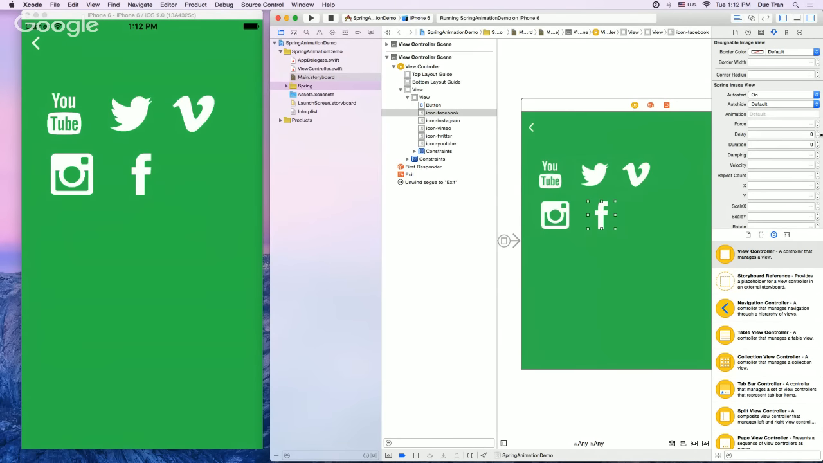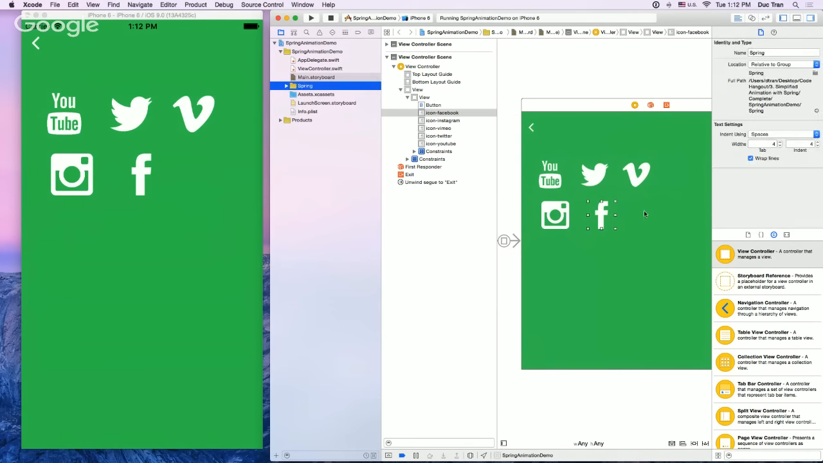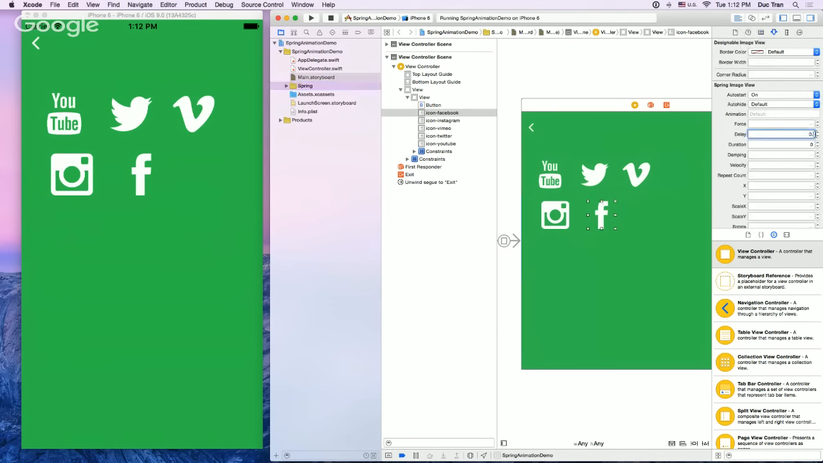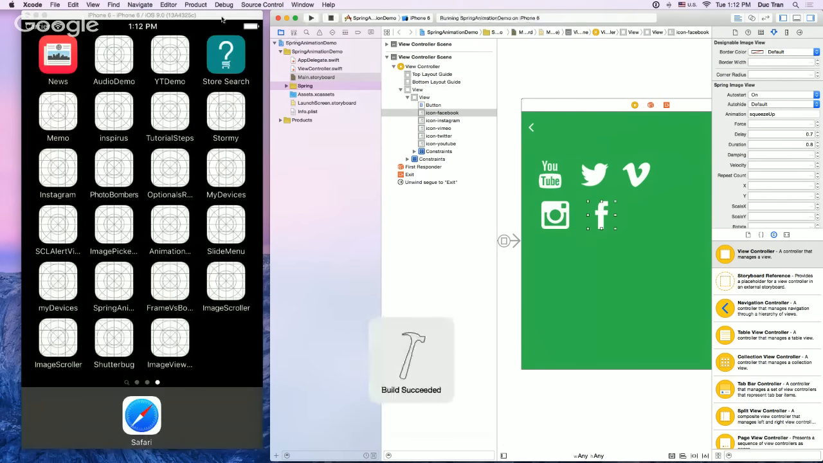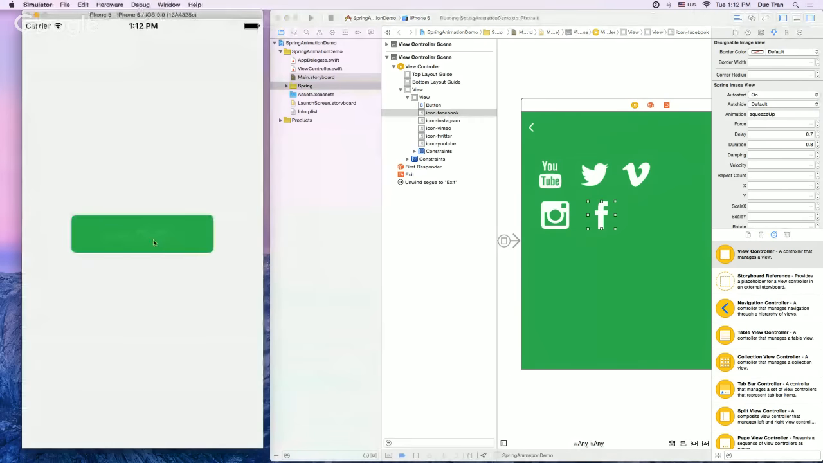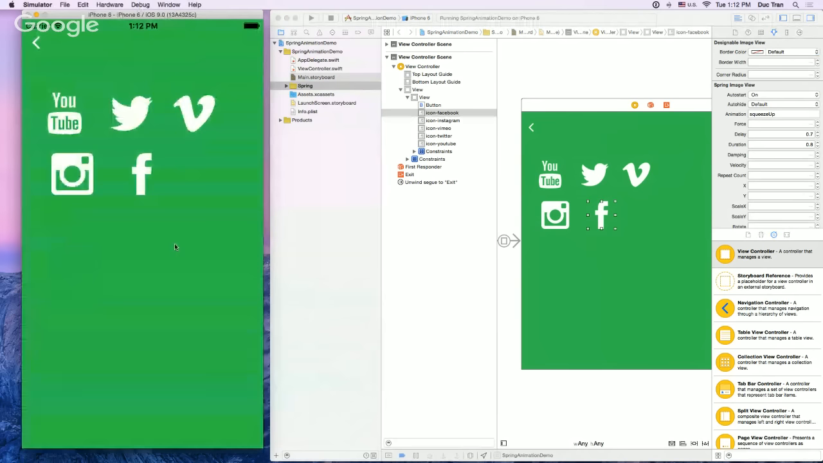Facebook icon delay is 0.7, and this is 0.8. And the animation here is also squeeze up. Just like that. So now let's run this project and see how it looks. Share the post, and boom, everything moves up. It moves up one by one because each delay differs from the others. This one is faster than these. Very nice, right? But now we want this one to be right in the center, lying in a very nice grid,